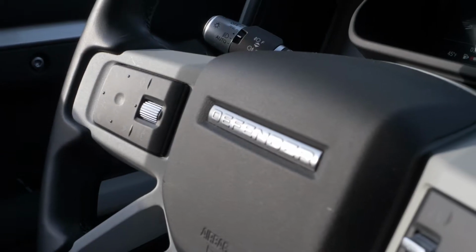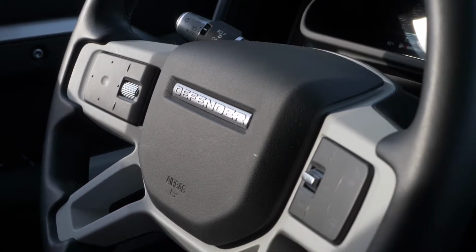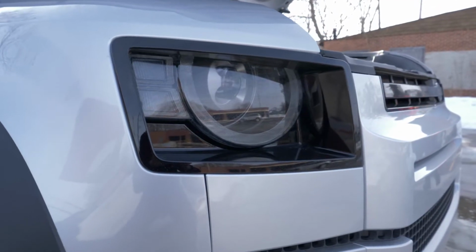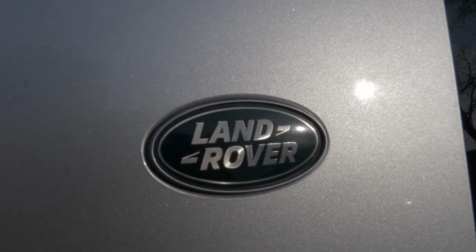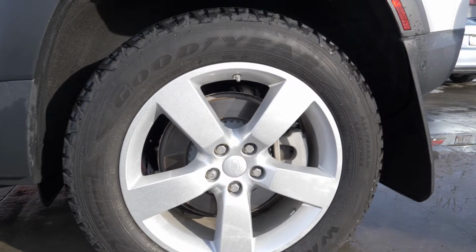Here's what I didn't like about the vehicle, and this list is long, and it's not going to win me any friends on the British Isle. First of all, this question: would you drive a $79,000 SUV seriously off-road? And apparently Land Rover doesn't think so, because for the first time in my almost 30